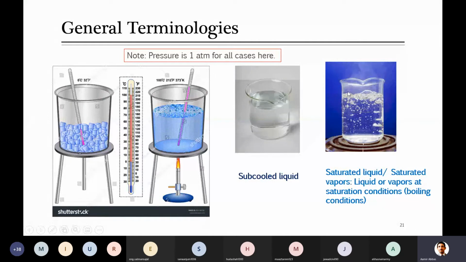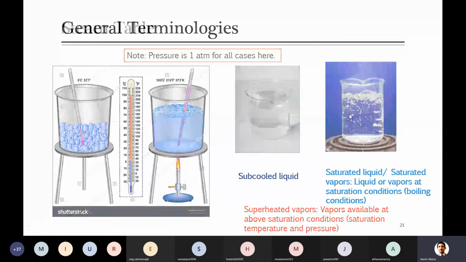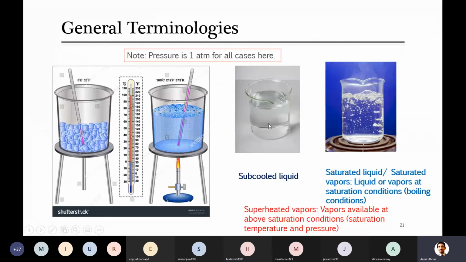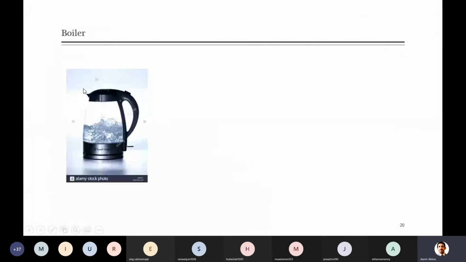So now, all those vapors which are just formed, can I take them away from this and heat them further? For example, for superheated, yes, good. Take this simple kettle. In this, you know that vapors are formed. If I connect one pipe to these vapors where they are coming out of this equipment, I can transfer those vapors to some other place while maintaining their temperature initially at 100, and later, when I transfer them to some other place, I start heating them up.